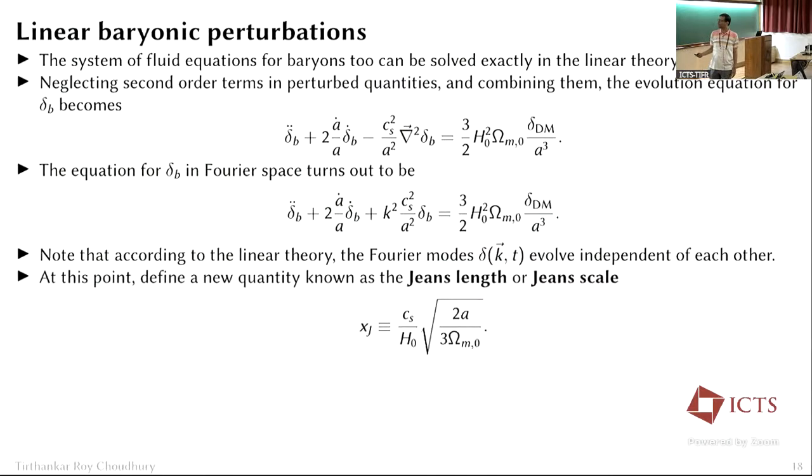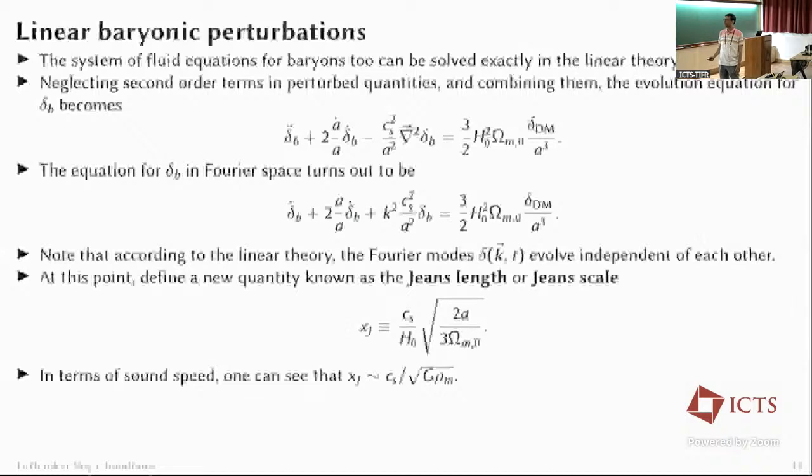Coming back to this equation, what you can do is define something called a Jeans scale, which is just collecting some parameters, some quantities here. What you will see is that in terms of sound speed, the Jeans scale is basically the ratio of the sound speed divided by